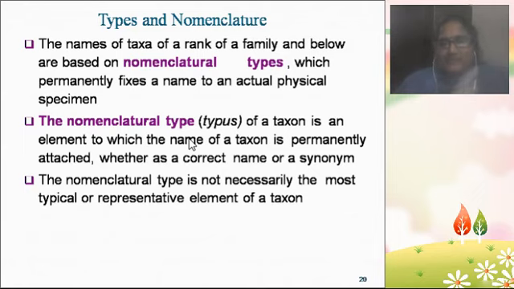An author, a person, collects a plant and brings it, and holding it in his hand, he uses the plant, he observes the plant and its anatomical features and all the taxonomical features like vegetative characters, floral characters, inflorescence, pollination, fertilization, anatomy, physiology, genetics, everything he observes using the plant in his hand. That plant is known as the nomenclature type. That physical plant is known as the nomenclature type. Now we can see what the different nomenclature types are.